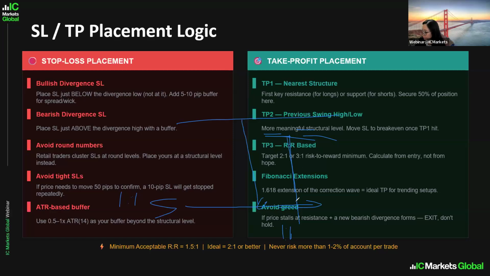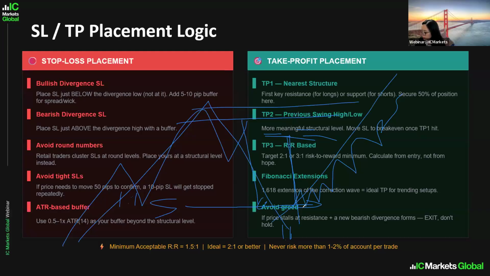So if price falls to this level, there's a high chance it is going to bounce and then continue to go higher. If price is in an uptrend, price comes here and then continues to go higher. So you're going to short here, and I did not close. Price might go back and hit my stop loss. So that's why I say it depends where my entry is, and then where the key level is. Then I will put my stop loss.